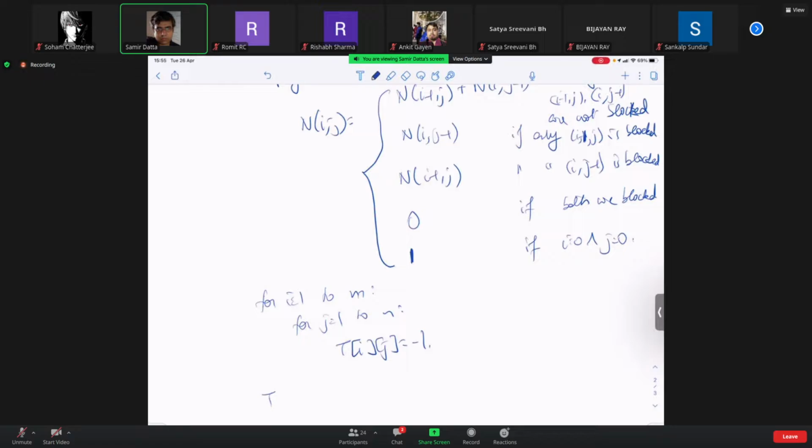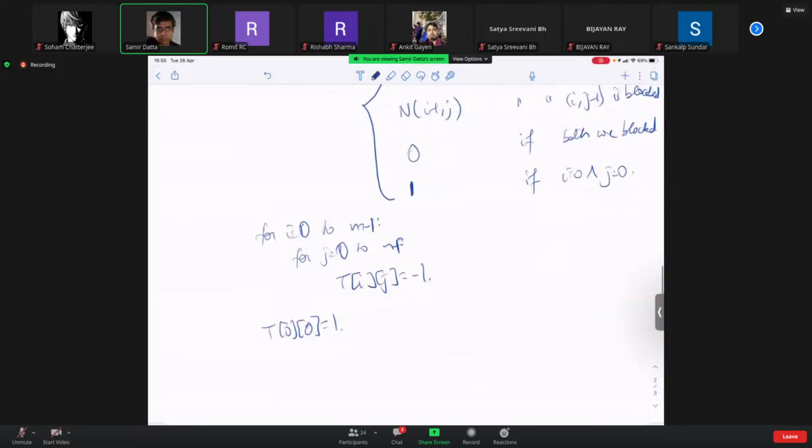Let's say we label it 0 to m minus 1. So T(0,0) is equal to 1, and for i equal to 0 to m minus 1,